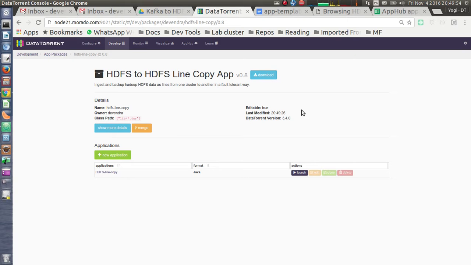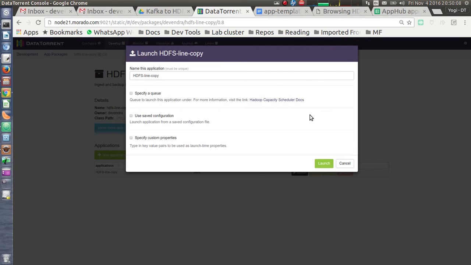This details page shows description, last modified time, and other details for this application package. To launch this application, we click on the launch button. It opens up the launch dialog box for this application.